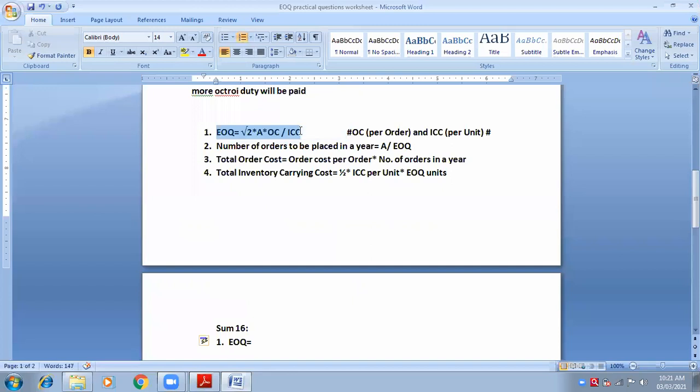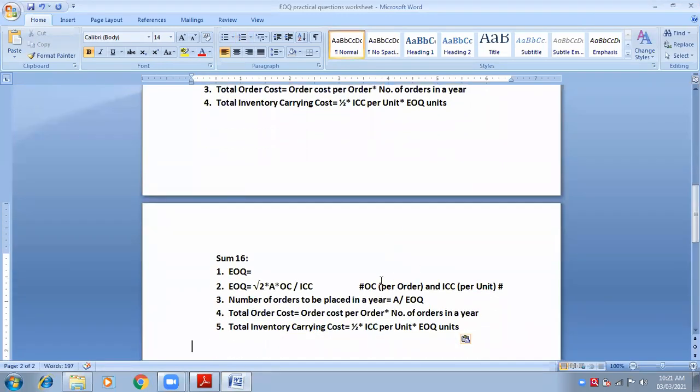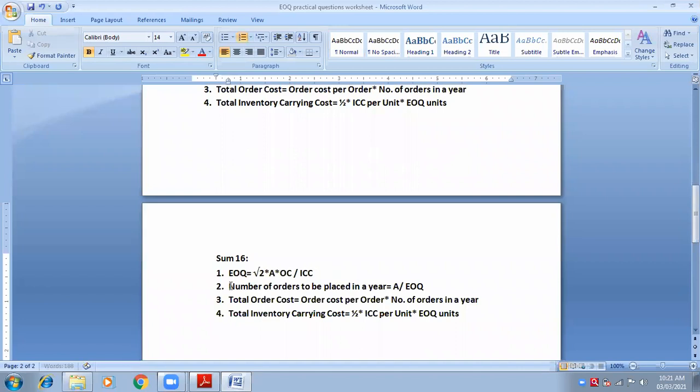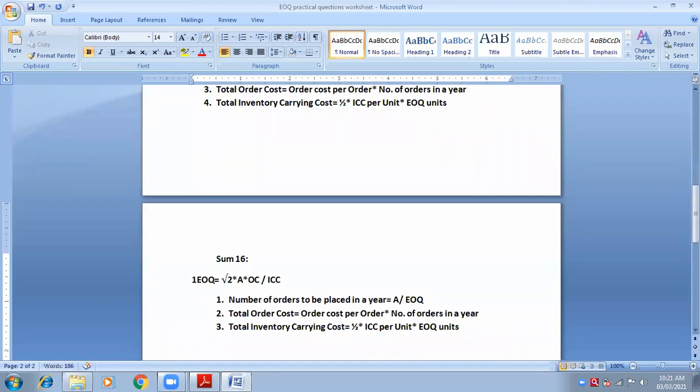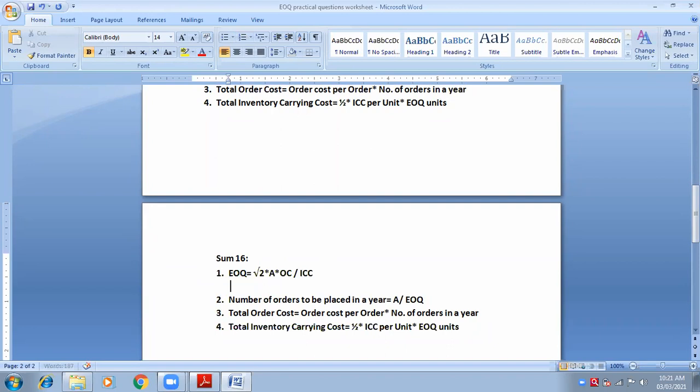So I will just copy down this formula. Let me take all the formulas. Okay, now the EOQ formula is written here. The whole square root of 2 into A into OC upon ICC. Now, tell me, the whole square root of...